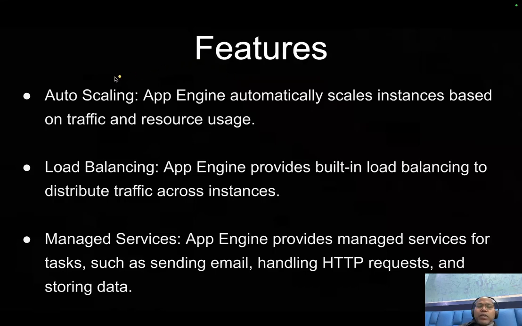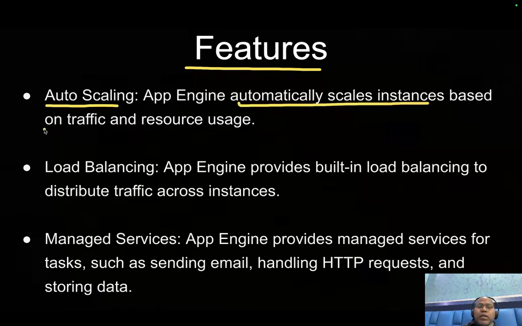So these are some of the key features of App Engine. This is auto scaling. App Engine automatically scales the instances based on the traffic and resource usage. If App Engine monitors that your application is receiving a high volume of user traffic, or that your CPU and memory are highly utilized, it is going to add more servers. So that means you don't have to bother about